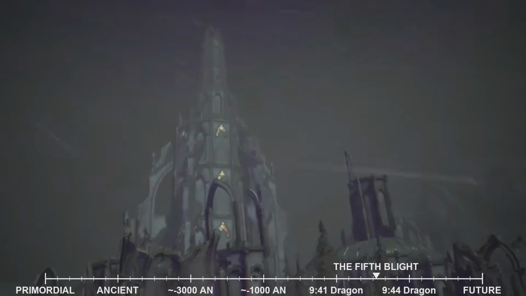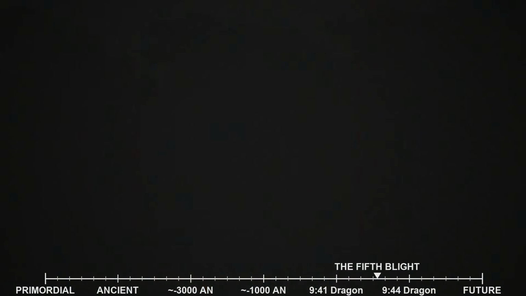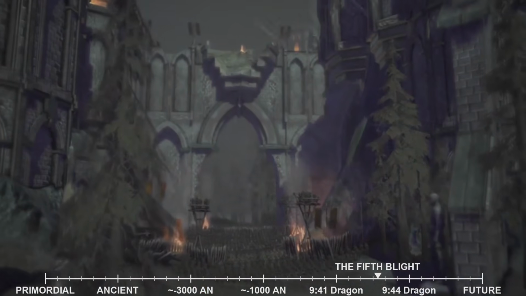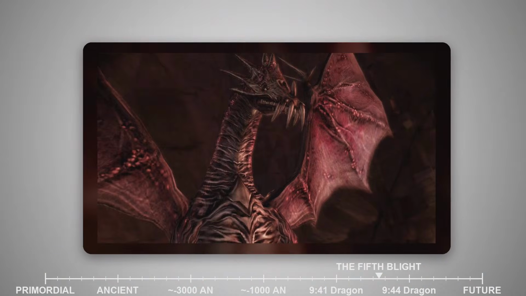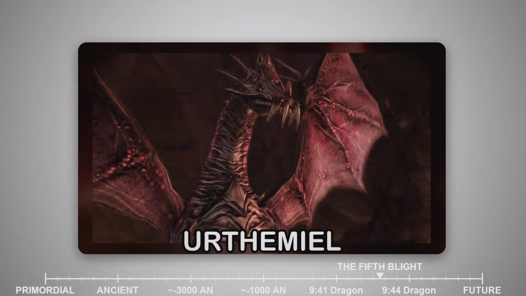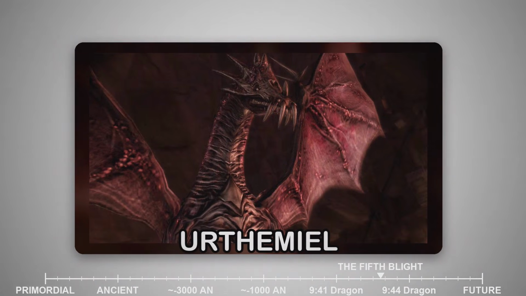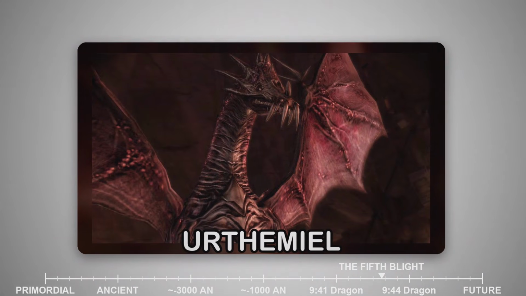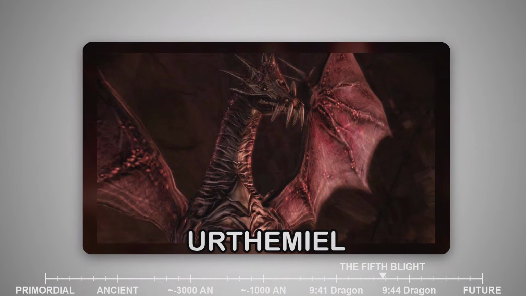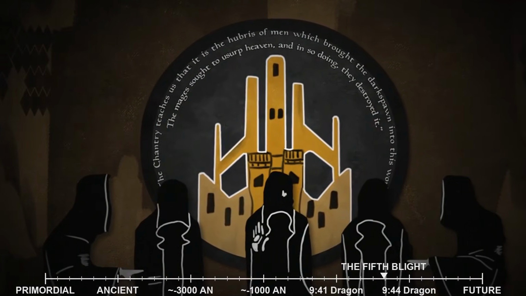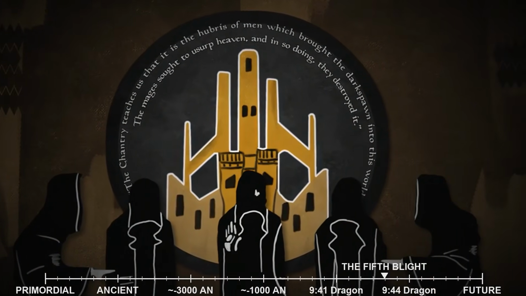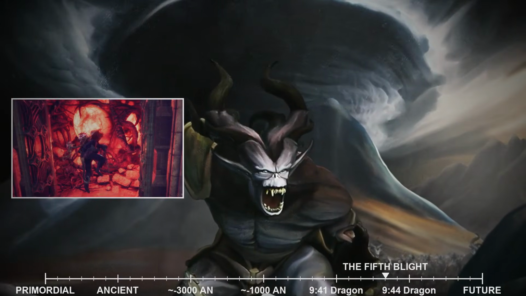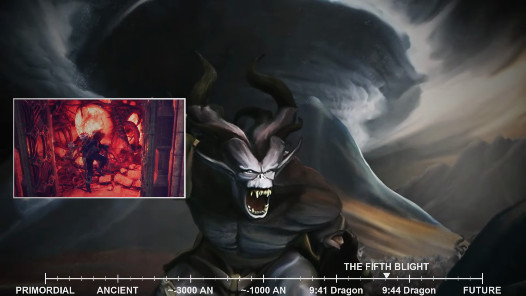The streets of the capital became a brutal battlefield, a maelstrom of steel, magic, and darkspawn corruption. The Archdemon, Earthamiel, the old god of beauty, now fully awakened and twisted into a grotesque, winged monstrosity, soared above the city, raining destruction upon the allied forces. The climax of the Fifth Blight unfolded in a desperate struggle against Earthamiel.